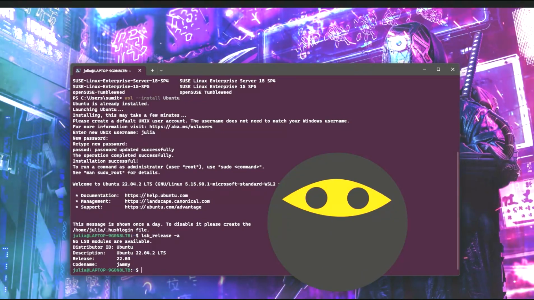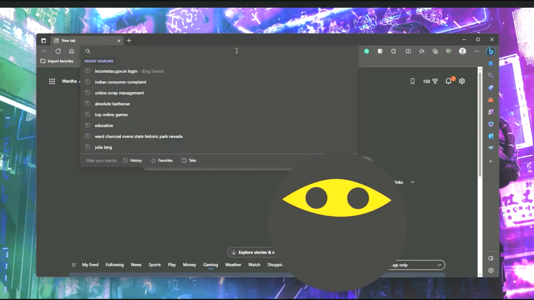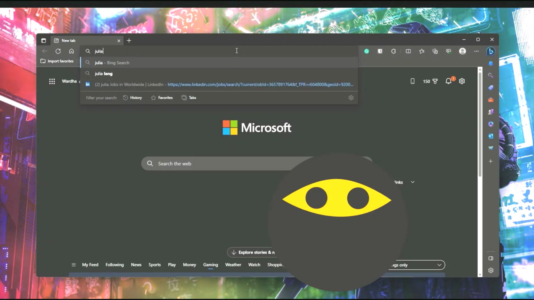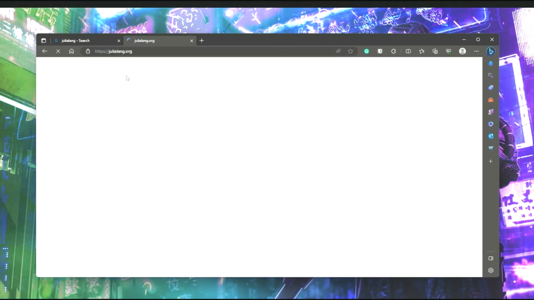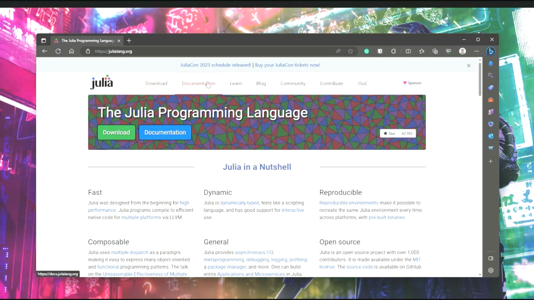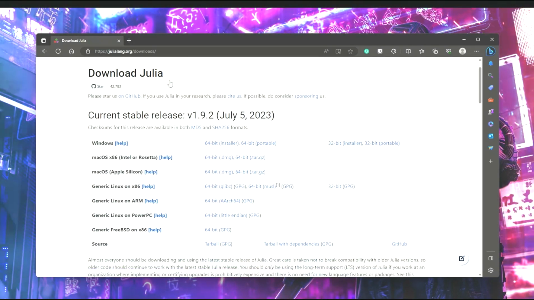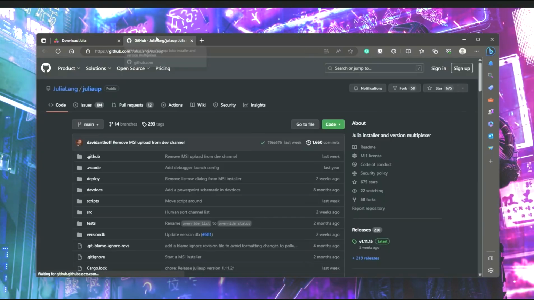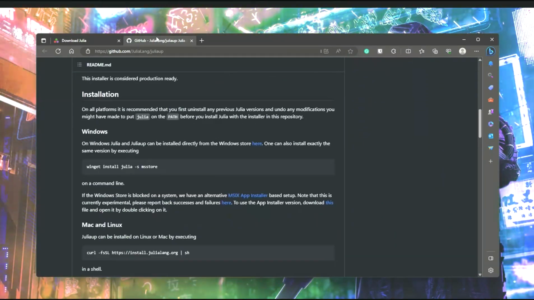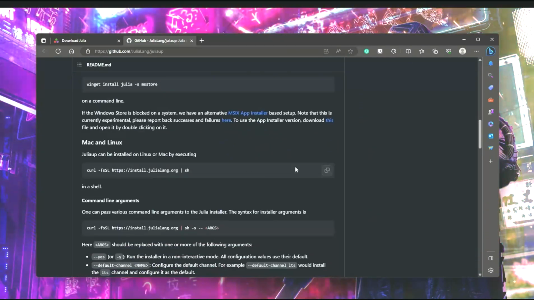Now to install Julia, we need to go to JuliaLang. Okay, we download. The best way to install Julia is to use the Julia version manager. You can click on this. It will lead us to the GitHub repo. And here we can see we do have a command line for Mac and Linux. So we'll copy this,